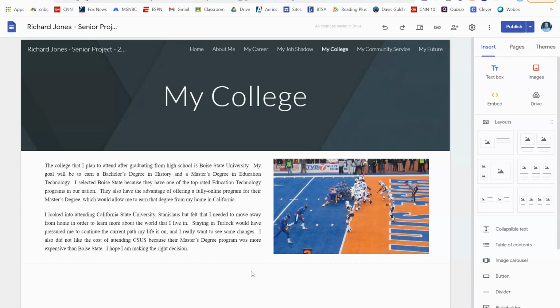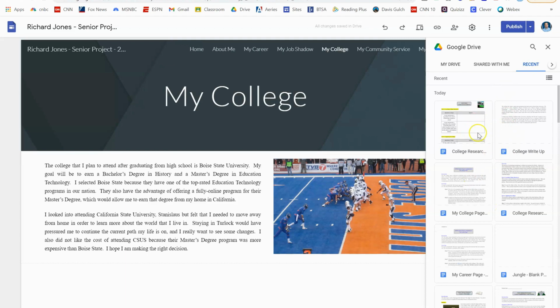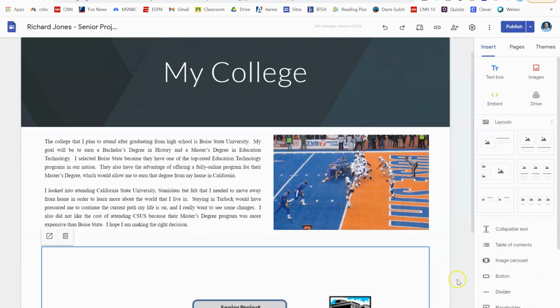The thing that usually gets students is how do they insert their research assignment. Now, it's actually pretty simple. If you've had it opened recently in Google Drive, you can simply go to Insert, Embed, or Insert Drive. I'm going to hit Drive, Recent, and if I've worked on it recently, it should be one of the first ones to pop up. If it hasn't, then you just need to look in your drive. But I'll click here and hit Insert, and you'll see that it puts it on the bottom of the page